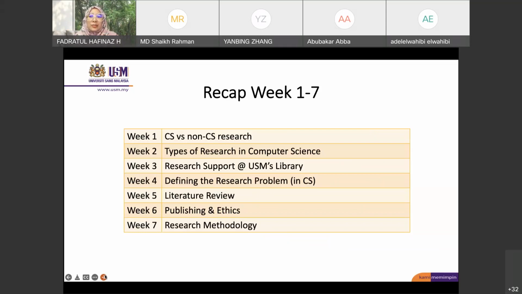How are you going to master it? You need to read more. You need to read books, and especially past publications in your area, in your domain. From that you will know in which section or area you could help in solving the problem. When you do the literature review, you will see some part of the research area still not covered by other researchers. That will be one of the research gaps that you could propose as your research problem. I know it's very difficult, especially for PhD students,